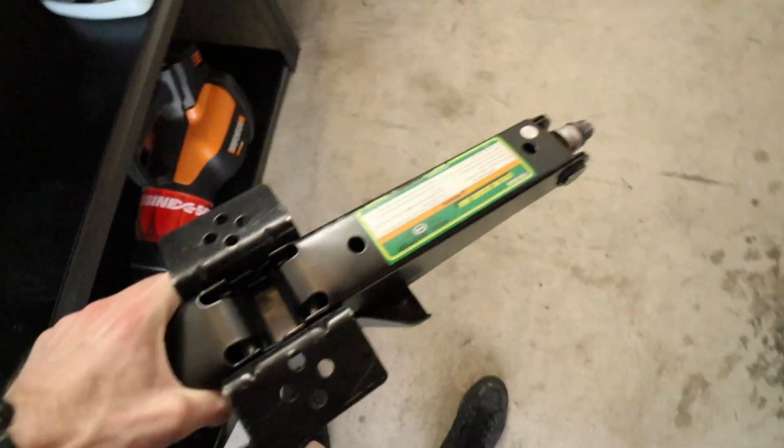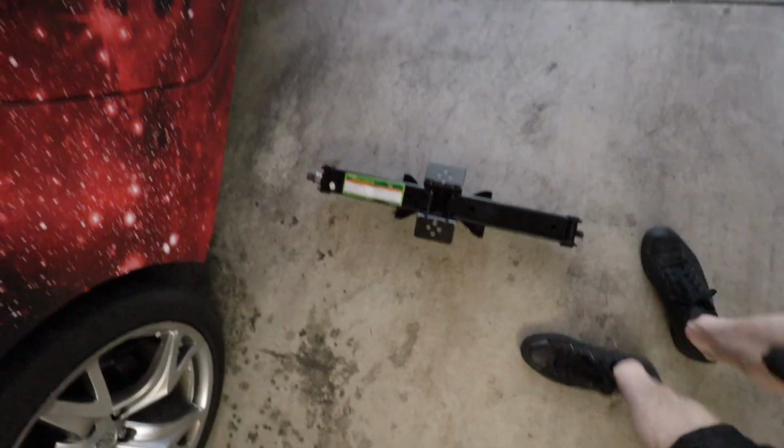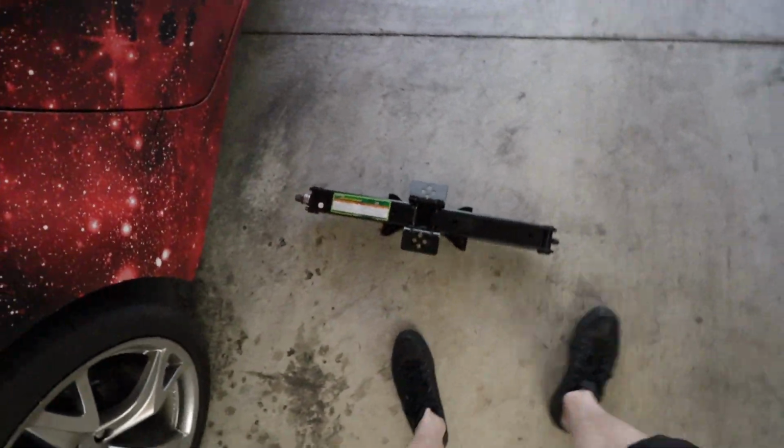Also, we're using a 2-ton scissor jack. The Harbor Freight Special. This thing works really good. I've jacked up a lot of cars with it, and it's pretty solid. Obviously, a rapid pump would be a lot better, but